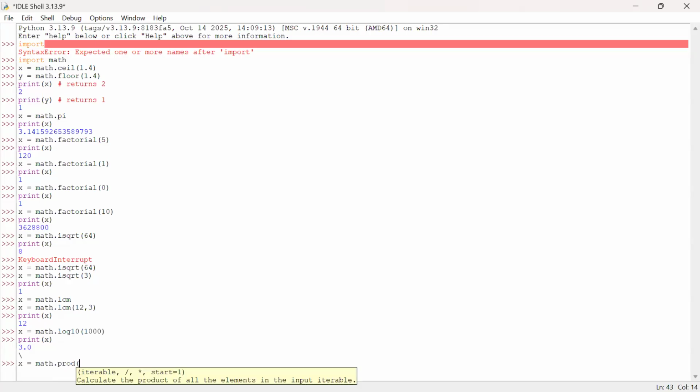Does it have anything like asterisk? Oh, iterable. Okay, so sorry, hold on. No. Let me remove this thing. Calculate the product. Calculate the product of all the elements in the input iterable. Oh, okay. All right. So now what this thing is going to do is,